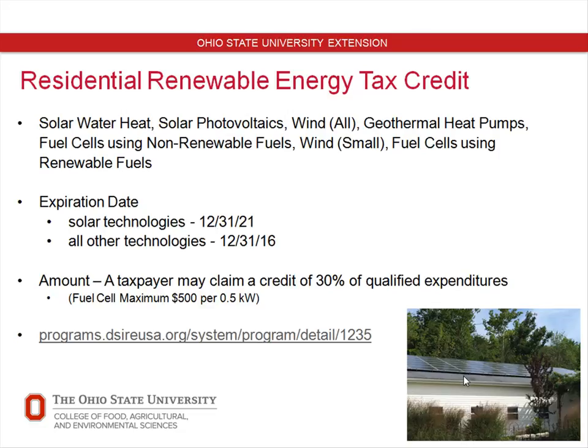So we have a 30% tax credit for solar projects in residential applications extended through the year 2019. And at that point, it starts a slow stair step where I believe it expires in 2021. So we have a little bit of time. That's a good thing. That means you could take a deep breath and really consider your options. You don't have to make a knee-jerk reaction to try and get a project in before a tax credit expires.